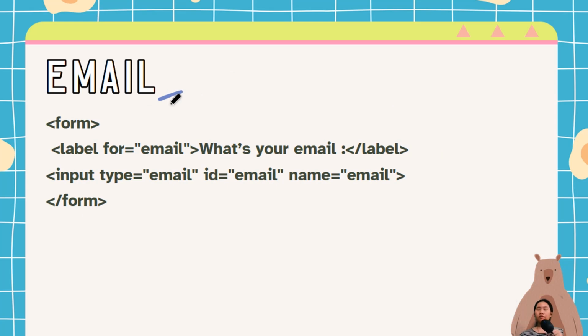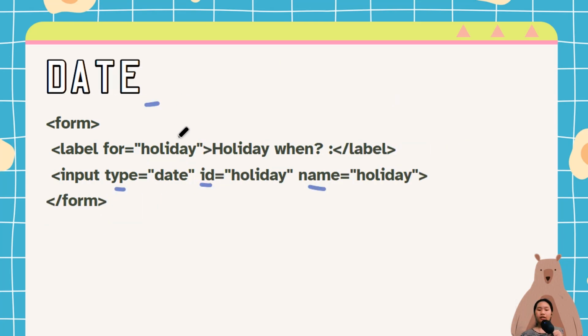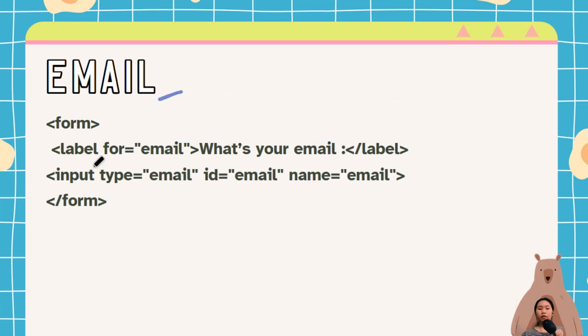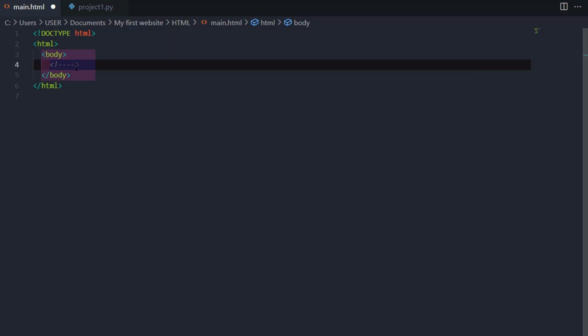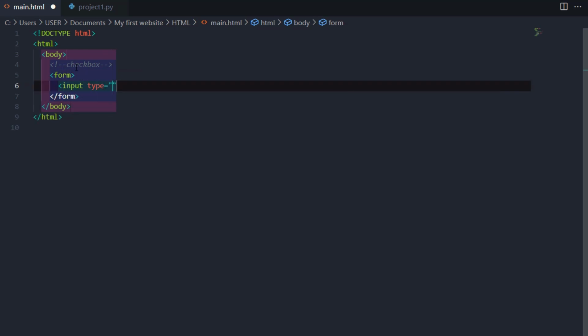So you would have the same syntax as you did with datetime-local and date. You have a label for, and then input with type, ID, and name. Move on with a checkbox. First, we'll go through them as we did in our lesson. Form, input, type,